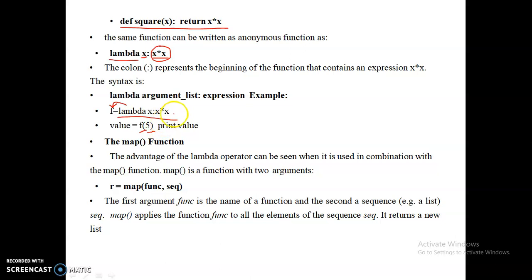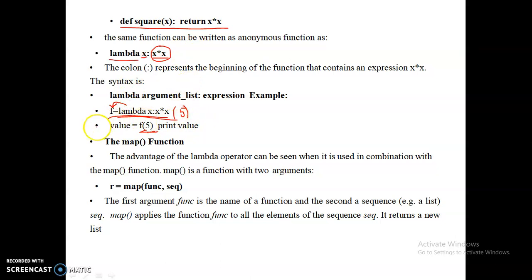Otherwise, we can pass the value adjacent to the lambda function itself so that it executes at the same time. Or you can store it in a variable and, using that variable, call the lambda function. These are the anonymous lambda functions.